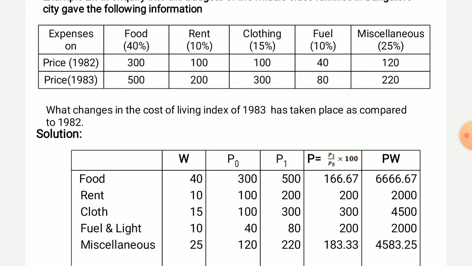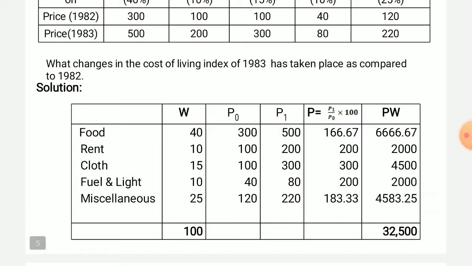So here the percentage of expenses are to be treated as the weights. And here base year price and current year price are given. So with the help of that we can calculate price relatives. P is equal to P1 by P0 into 100. So therefore, take the first column of items, and the second column W, meaning weights: 40, 10, 15, 10, 25, and P0